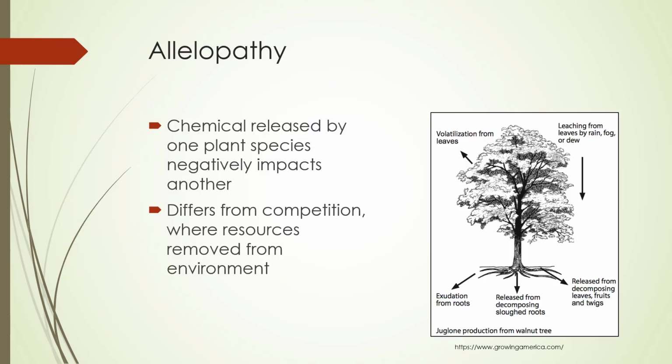Allelopathy is something that happens when a plant releases chemicals to negatively impact another, so seeds may not germinate if they're under one of these plants. And the classic plant that is allelopathic is the black walnut, not the English walnut, but the black walnut. And it's different from competition. Competition is where resources are scarce and only so many plants can get to them. This is a chemical way to prevent other plants from growing near their plants.